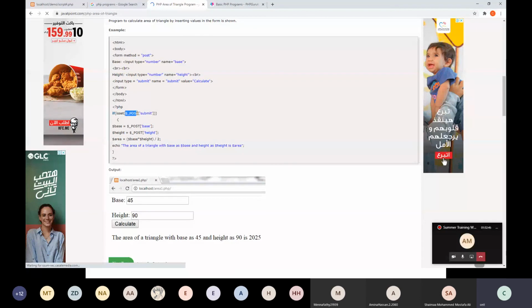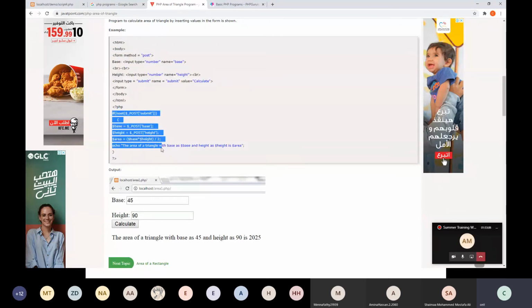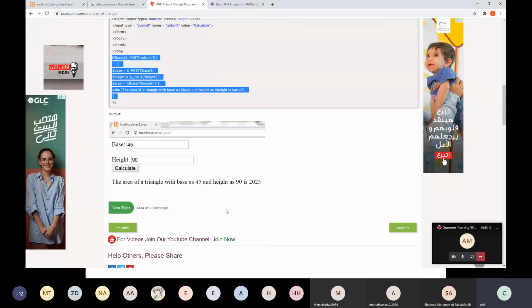It says that if the post value is submit, then get the value and print. We did this part in a separate PHP file, but you can do it in the same HTML and PHP file. At the top you can create a form, get the value in the same file, and run it.